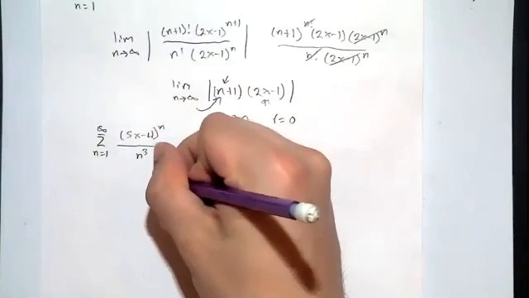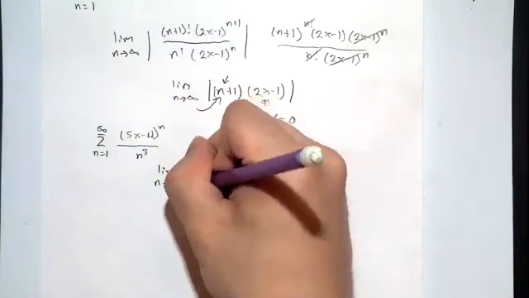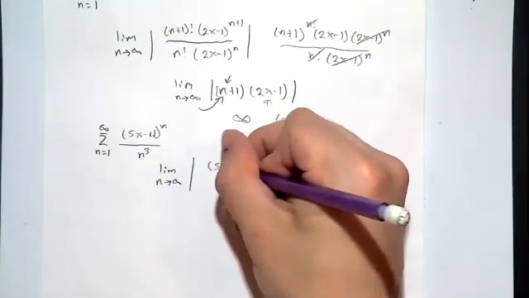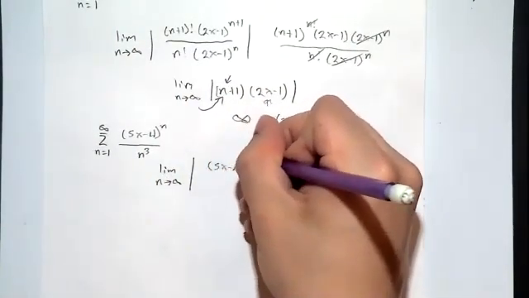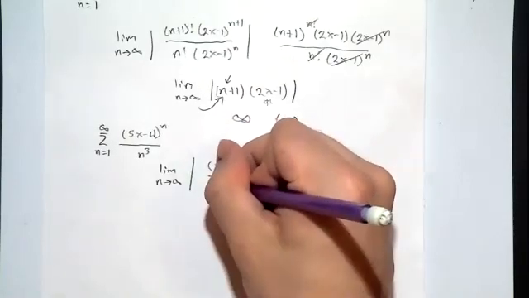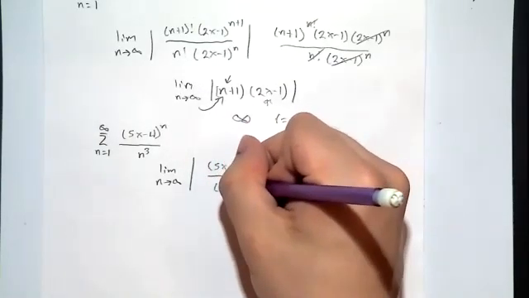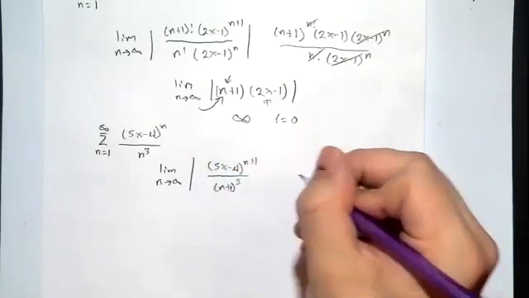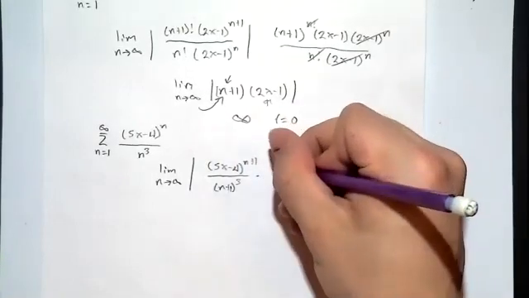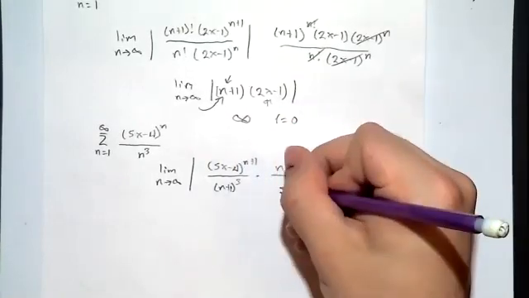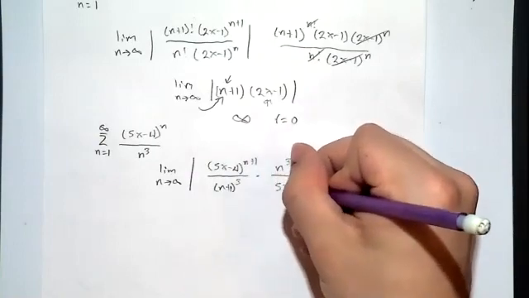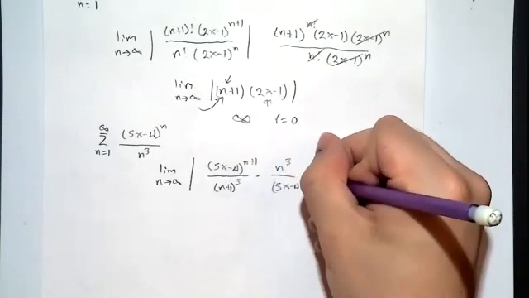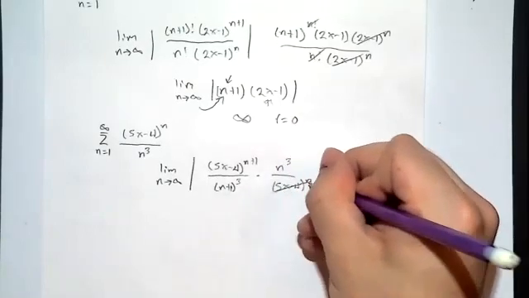Okay, so then the limit as n goes to infinity of the absolute value of 5x minus 4 to the n plus 1 over n plus 1 to the third. Then I'm just going to flip it here, 5x minus 4 to the n. And these cancel out, giving you